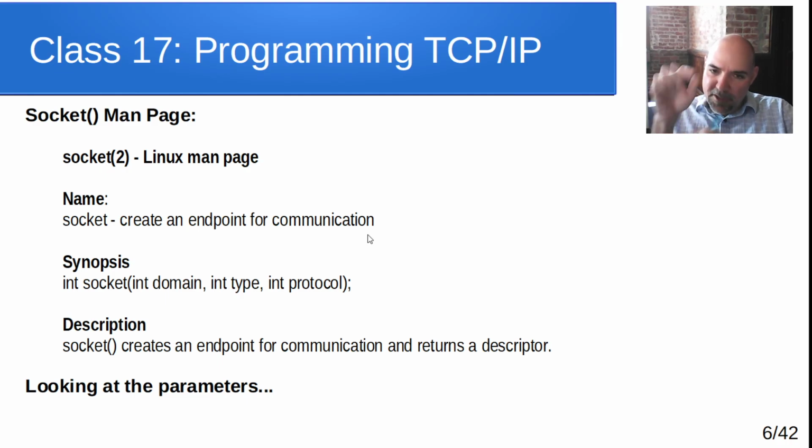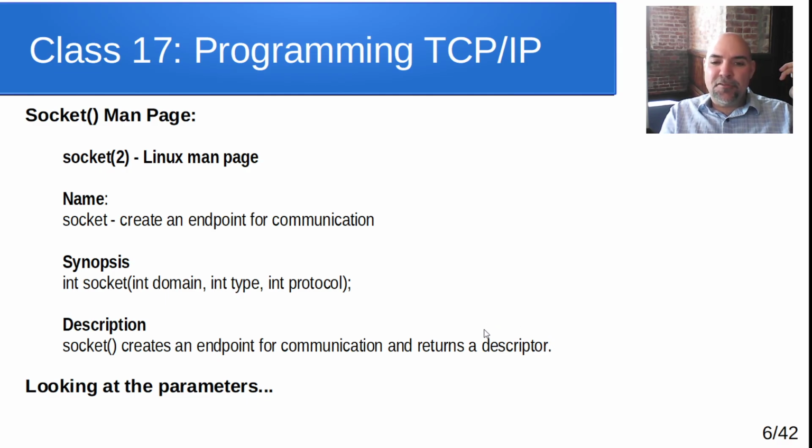That's what we talk about. It's creating a connection for us to talk to the communication subsystem. So what do we need to do? Well, we pass to it the domain, the type, and the protocol, which are all integer values, and it returns to us this integer. And if you read the description, it says socket creates an endpoint for communication and returns